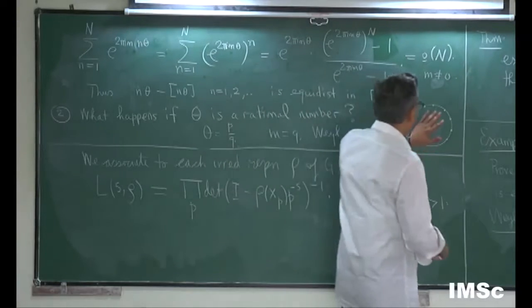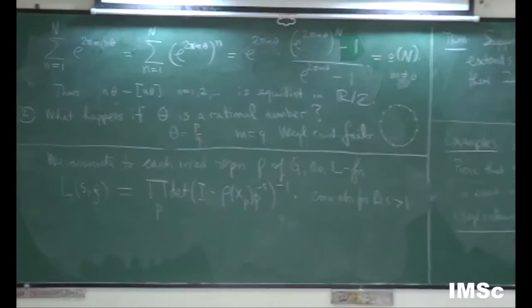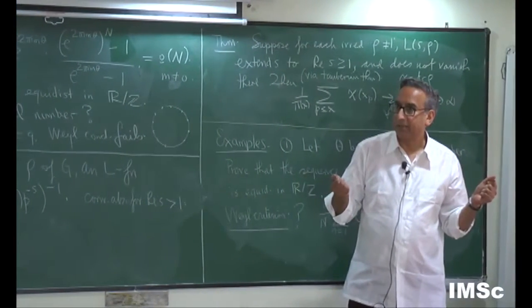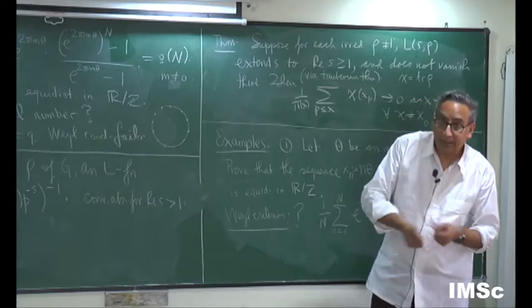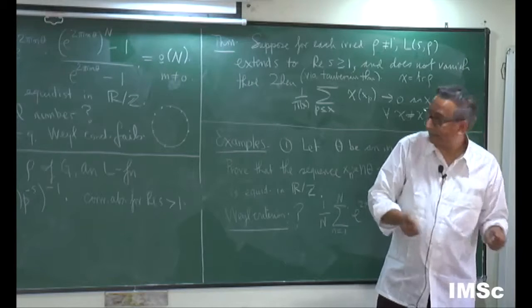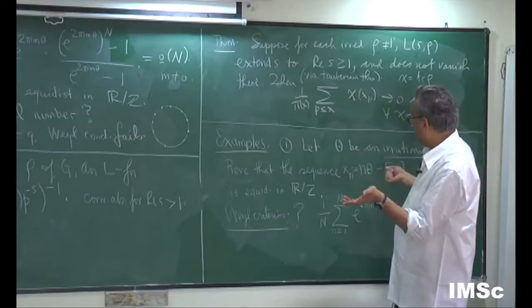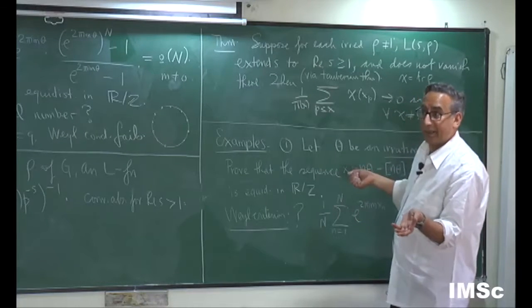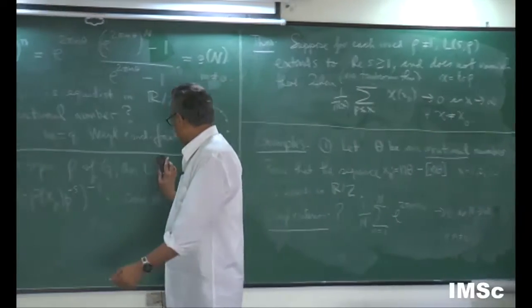So you can see that this is some method. The whole idea, the philosophy behind equidistribution, is to try to understand a random sequence, or a sequence that you really don't know anything about, to get some understanding of how it's moving around. So this gives you some information. In fact, it gives you a criterion to figure out when a number is rational and when it's irrational. Okay, let me just change the question a bit.